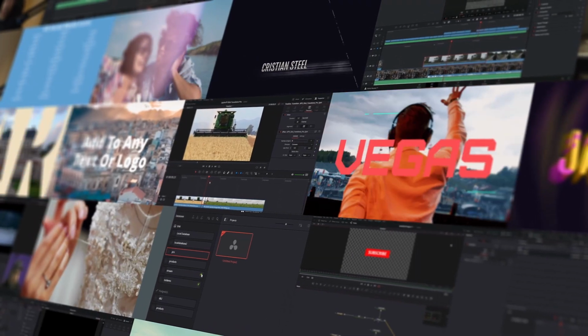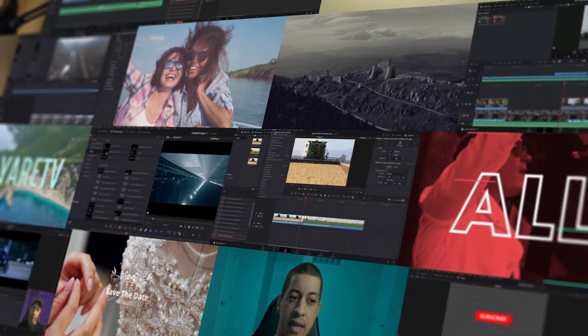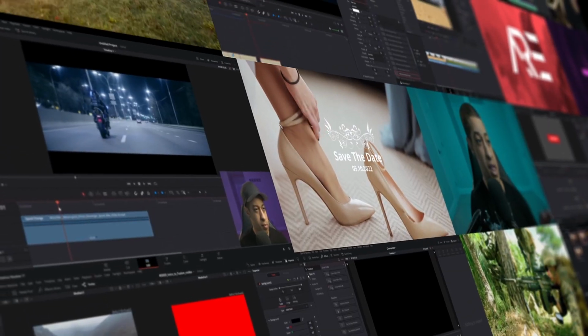DaVinci Resolve can be viewed as a very complicated program to learn. And the reason why is because there is so much possible within DaVinci Resolve. I wanted to make a video that cuts out all of that, and it's just a very simple way to